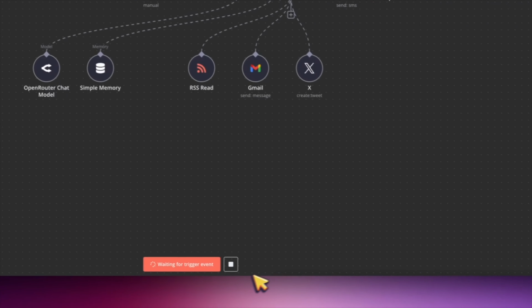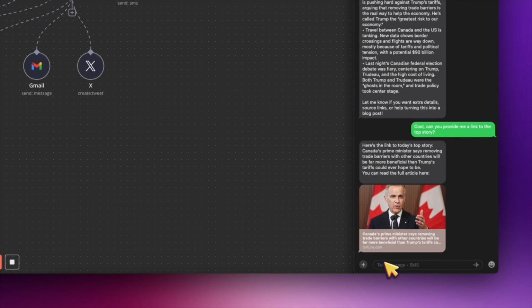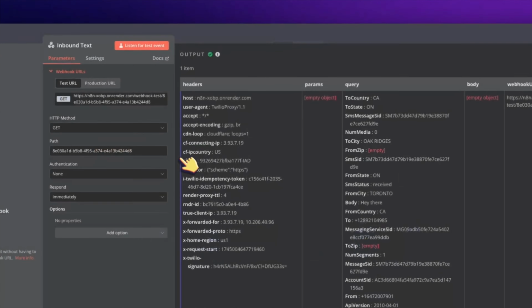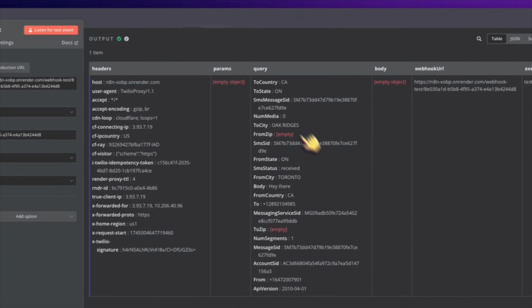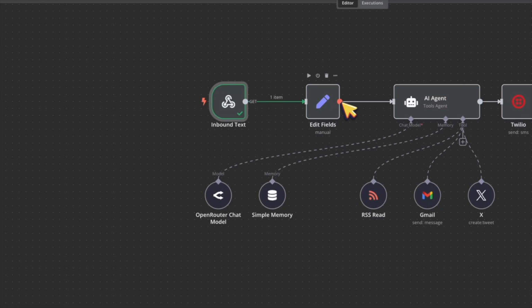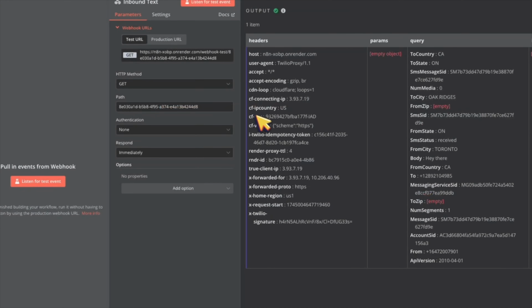Okay, so now as you see, it's listening, and as you know on Twilio, it's connected with the same webhook URL, so I'm gonna say, hey there. I'm gonna send that in, and as you can see, check mark, it received it, and now it gives me all that information that I want, okay? The next thing that I've done is, so that's it, okay? Now over here,